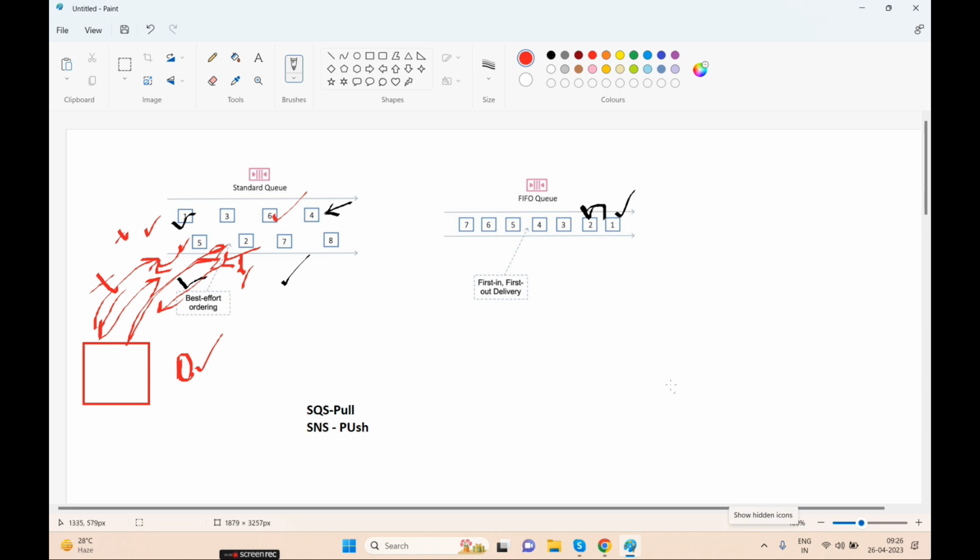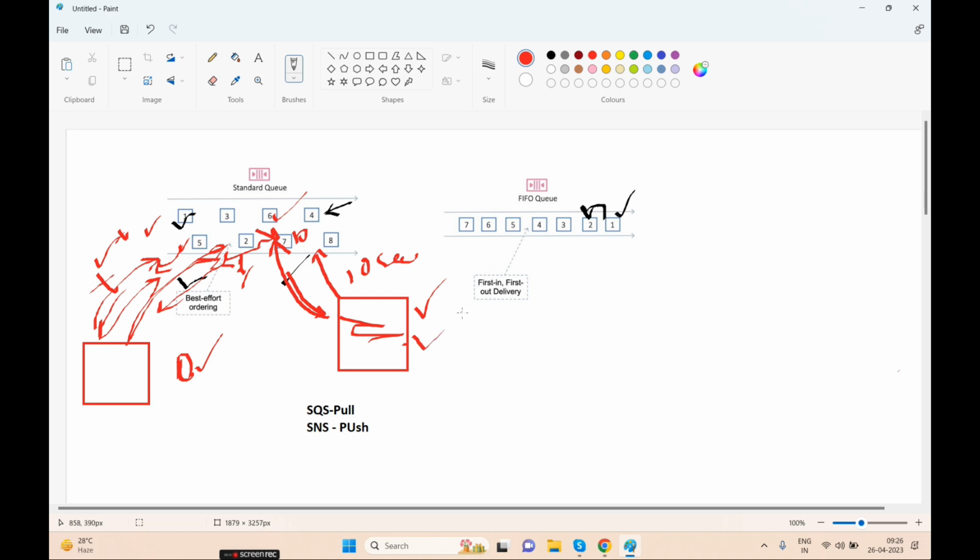On the other hand, we have long polling. Under long polling we set the time. Like this is my server, so we set the time to poll, say 10 seconds. Whenever the server requests a poll, it will wait there for 10 seconds and see whether a request is coming. If a request comes, it will come back and process it. So it will reduce the number of empty responses which we are getting here.